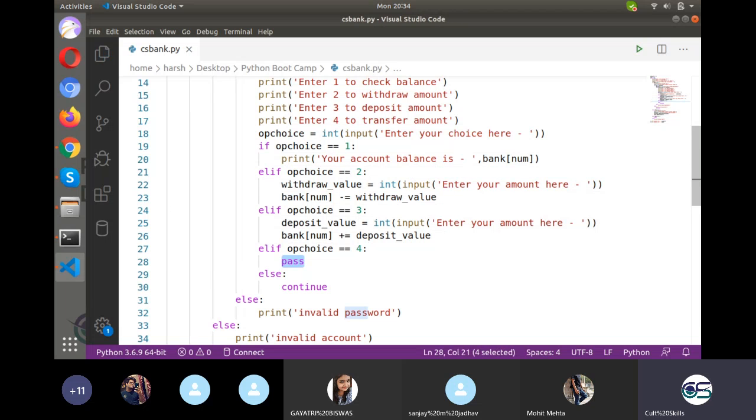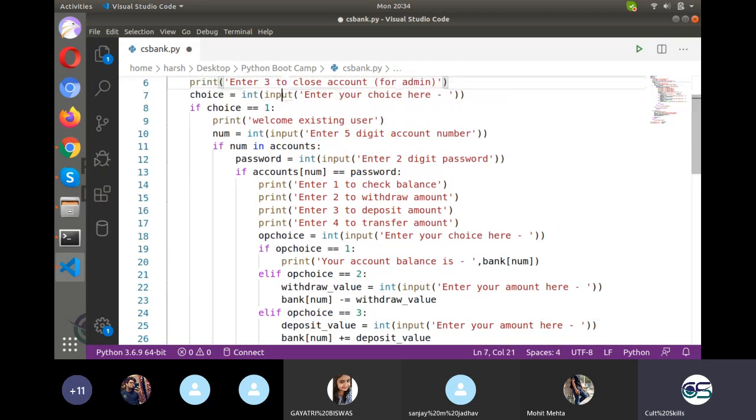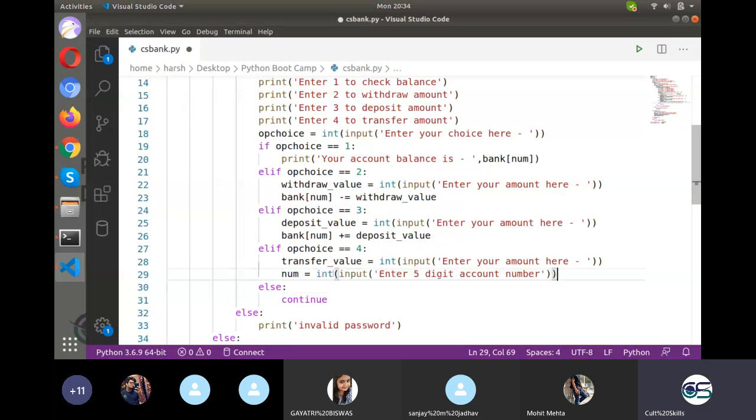Transfer account, sorry, transfer amount. If I say transfer amount, I need to have an amount. Okay, this I'll say as transfer amount. Then I need to have an account number. So I need to ask for the account number. Enter the 5-digit account number.